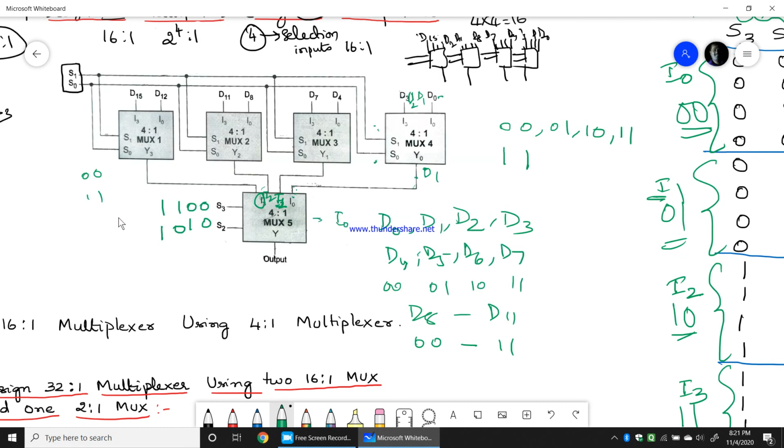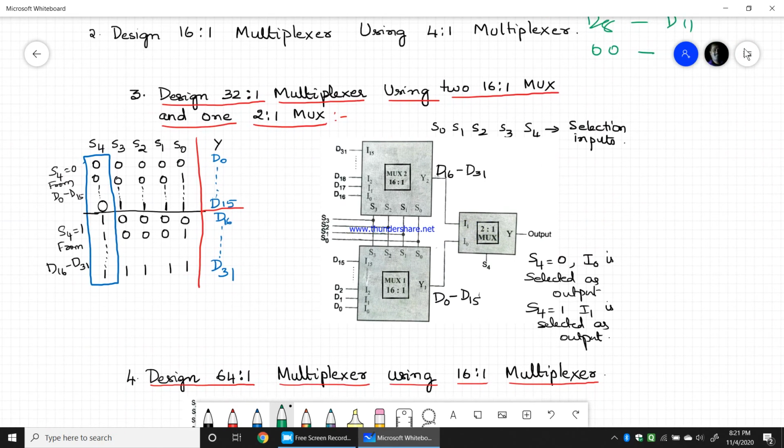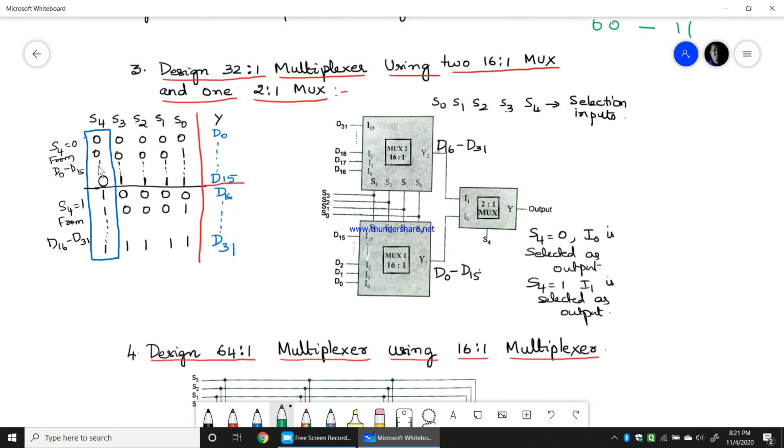Fine. Now we will see how to design 32:1 multiplexer using two 16:1 multiplexers. Okay. So we will design 32:1 using two 16:1 multiplexers and one 2:1 multiplexer. So 2 power 5 is 32, so I need 5 selection inputs at the end.